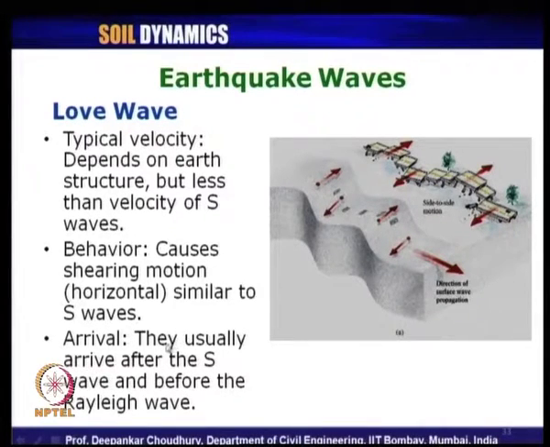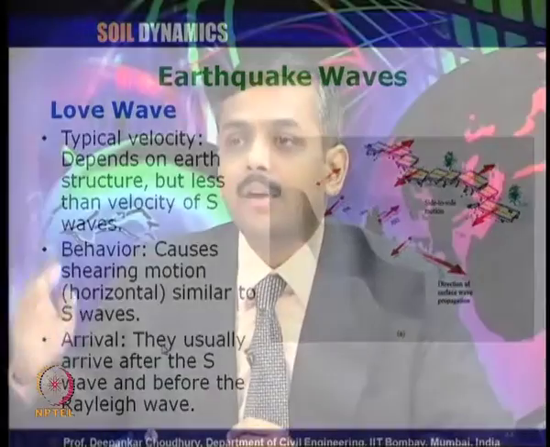They almost come one after another: S wave, soon after that Love wave, soon after that Rayleigh wave. That is the way they get recorded in the seismogram, whereas there is a substantial difference between the P wave and S wave arriving at the